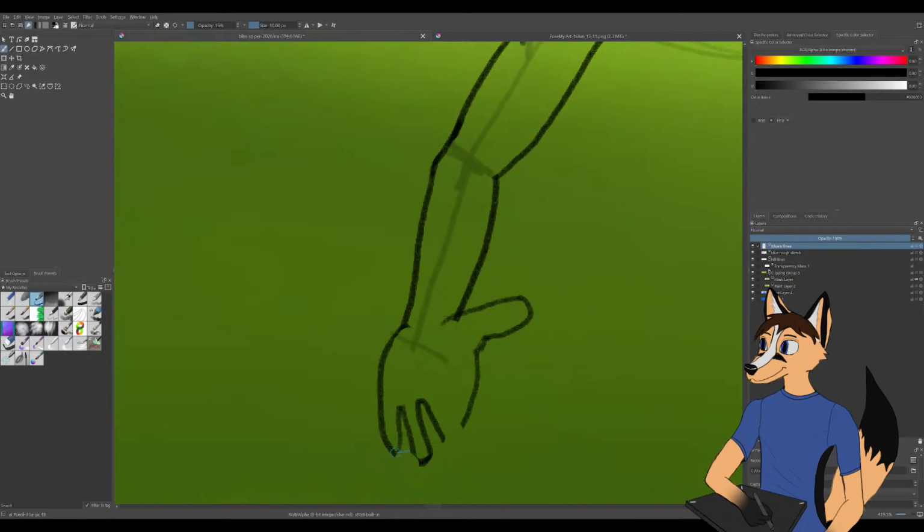But let's see, this is not thin enough. This is tricky, because it's very easy to mess this part up. I probably already have, but yeah, that thumb is massive.